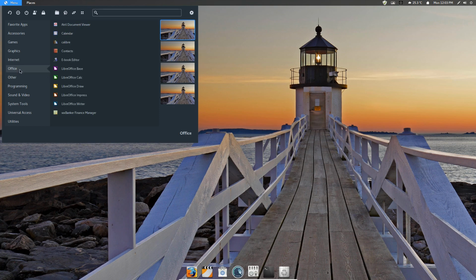Let's go to Office. Now we have the whole LibreOffice suite, which is included. We have some finance managers. We have Calibre, of course, Contacts, Calendar, and Document Viewer. For Internet, Dropbox is included, Empathy, Firefox, Skype, Steam is there, TeamViewer is there. Telegram Desktop, XChat. Okay, I'm getting excited about this